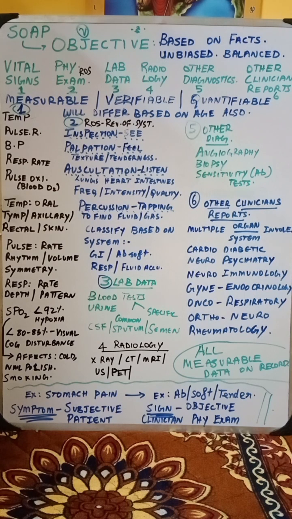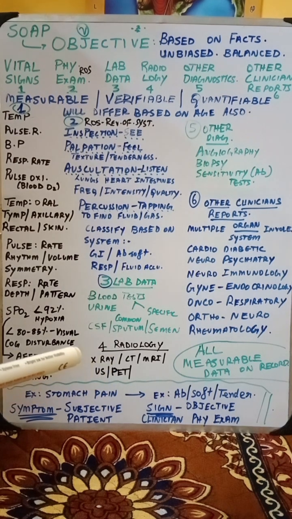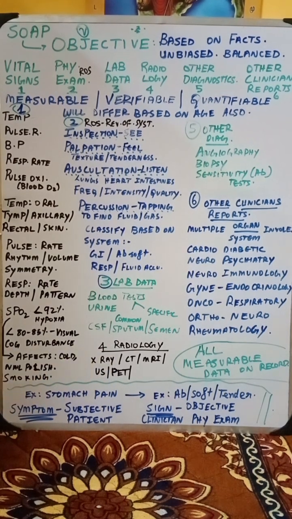Let us understand that. And now next we come on to the part of radiology. Radiology, we know X-ray, computer tomography, magnetic resonance imaging, MRI, ultrasound, and PET. These are the major four ways of radiological examinations. Next, other diagnostic processes based on the requirement of the patient, like angiography, biopsy, antibiotic sensitivity test. If anything has been taken, those things have to be noted down. And followed by the other clinicians' reports, which is normally